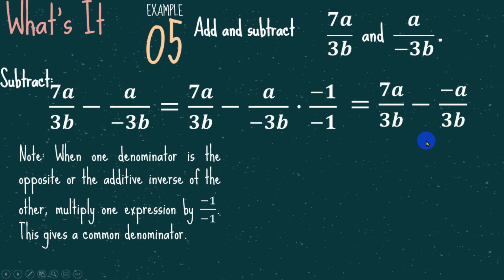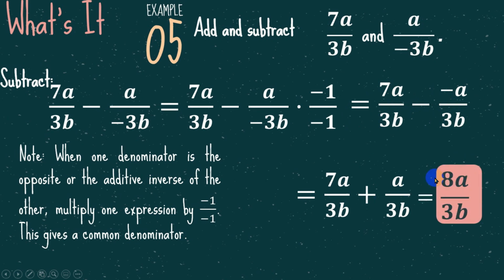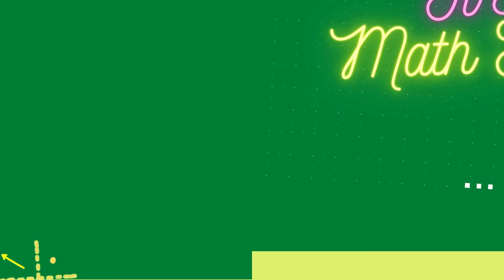Or ang tawag natin dyan, dati no grade 7, meron tayong tinatawag na KCC, keep, change, change. So, ikikip natin si 7a, i-change natin yung minus to plus, and then, i-change din natin yung negative to positive. So, that will become 7a plus a, that is 8a over 3b. Dahil wala naman tayong common factor na, yan na po yung ating final answer. Okay? Now,